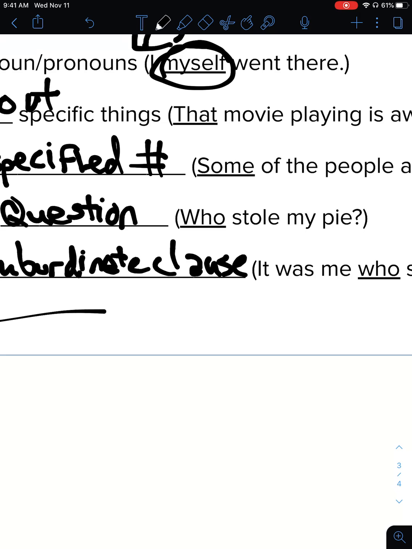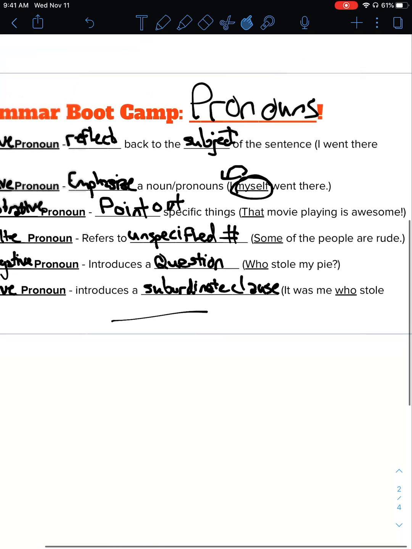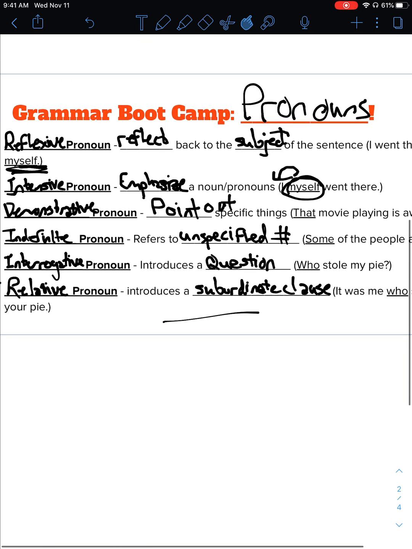And we'll explain more of what those are in a later unit. It was me who stole your pie. That's all we need to know about nouns and pronouns. We'll talk about verbs